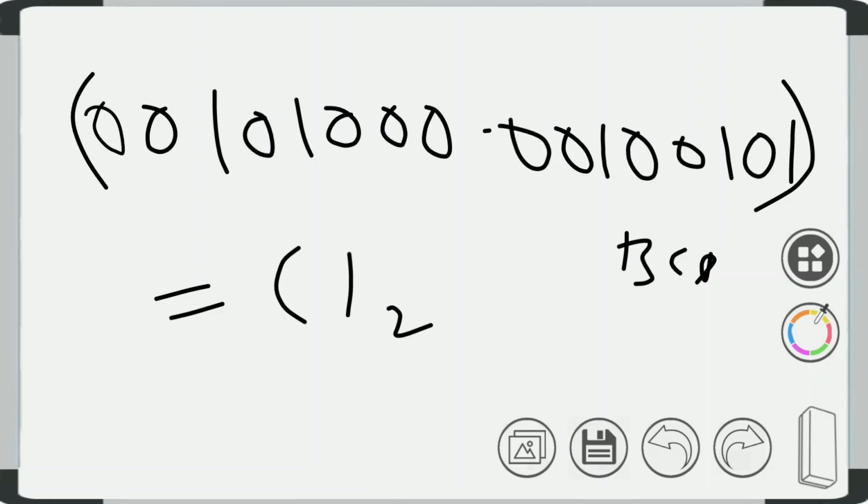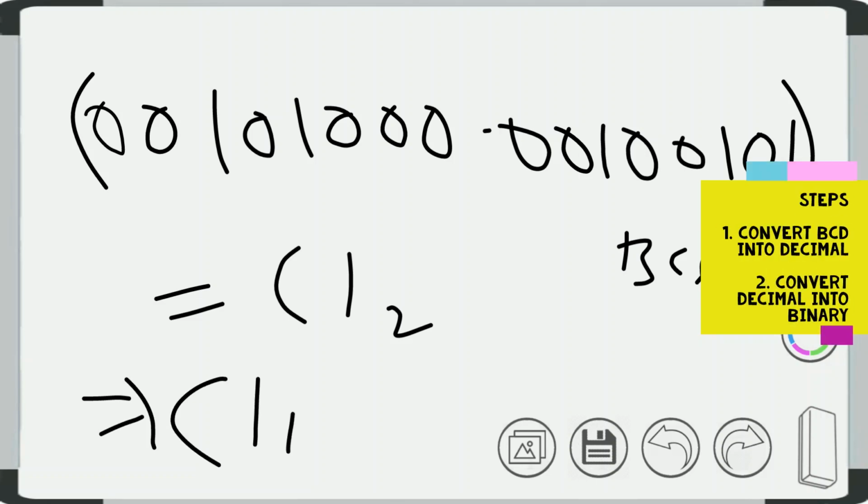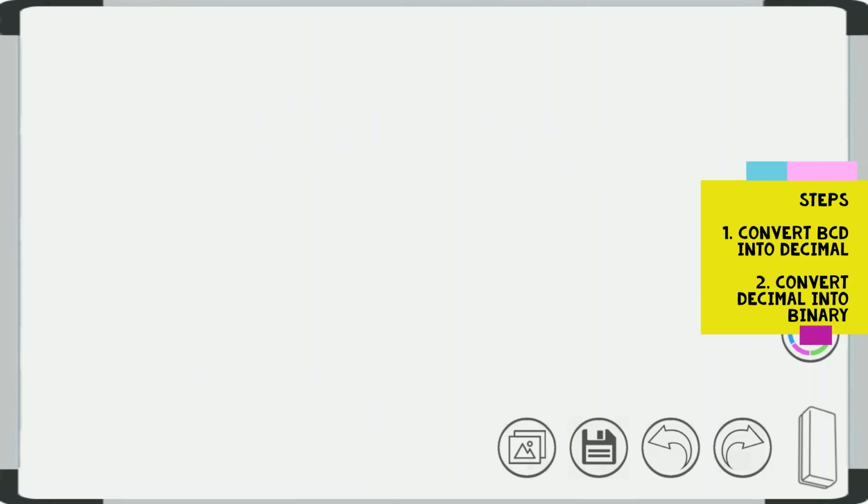Now this BCD code will be first converted into its equivalent decimal, and from decimal it will be converted into its equivalent binary form. Now we know that in the decimal system, the digit 4 in its BCD code will